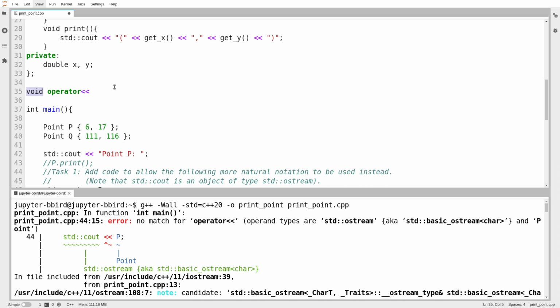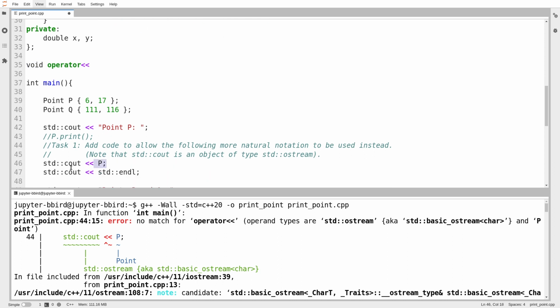I'm going to do it with type void as the return type because I've never seen this stuck in a function call or anything, so I suppose I don't need a return type until maybe later in the video. And then I have to think about what the first argument is. Okay, so on line 46, I'm using the << operator, there it is, and on the left I have whatever cout